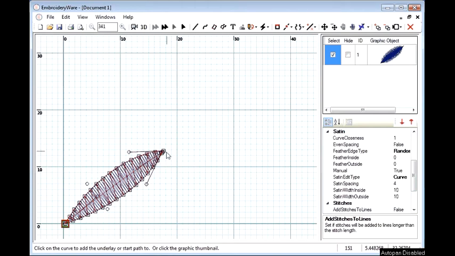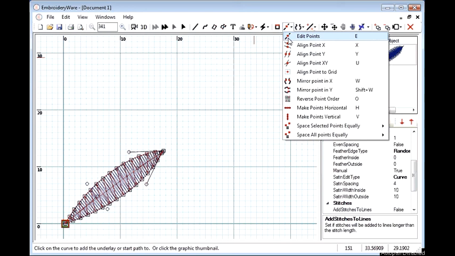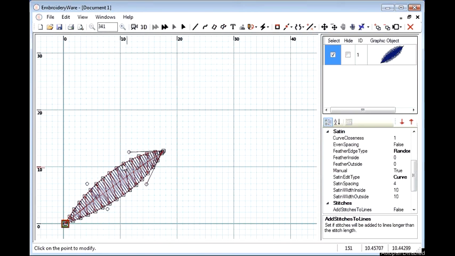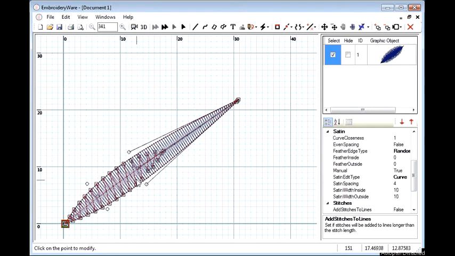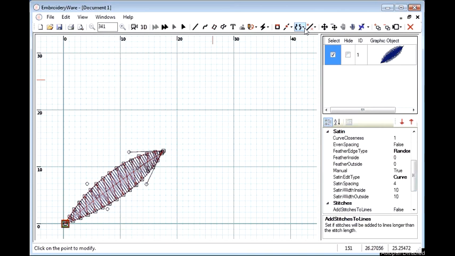One thing to note about the underlay is that since the underlay is single stitches, it can be modified just like anything else in the object. Like you can grab the points of the underlay and move them around. Not that you would want to do that, but you can. Also, the top graphic, you can stretch it out, but you notice the underlay doesn't go with it. It only goes with it with operations like scale,